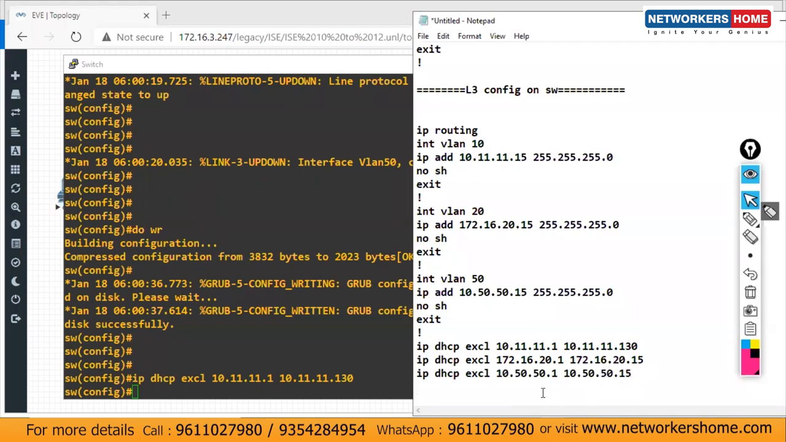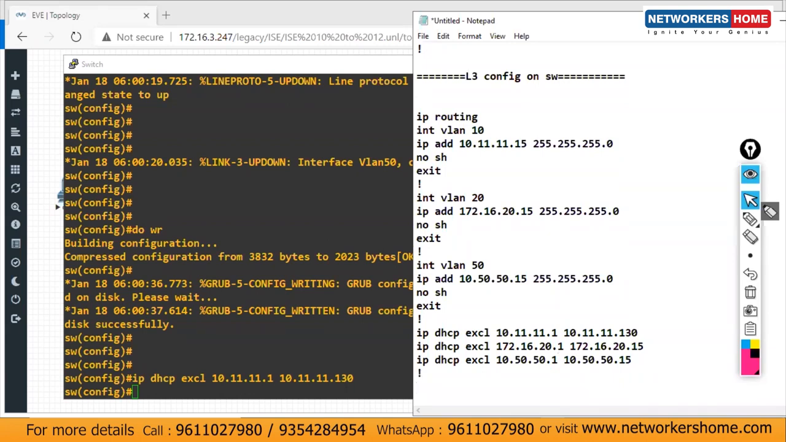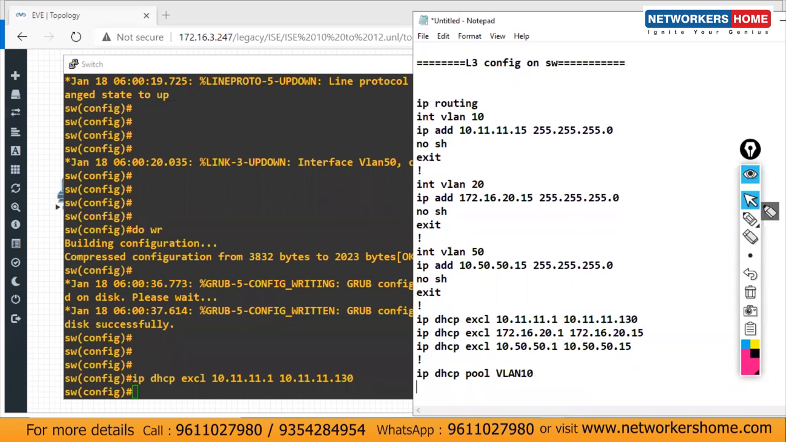Okay. I'll create a DHCP server. IP DHCP pool. I'll give some pool name. Let's write the pool name as VLAN 10 for VLAN 10. This is just a name, not indicating any VLAN. DHCP servers will be matched based on the subnet we have assigned. Based on that, we are creating the DHCP pools. So inside this I'll assign